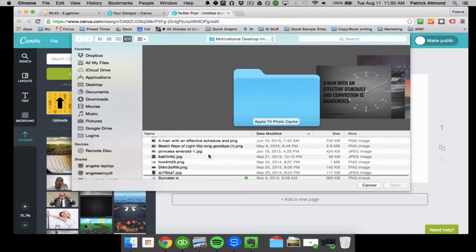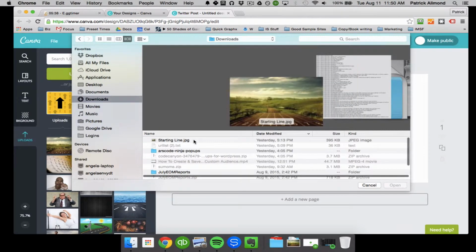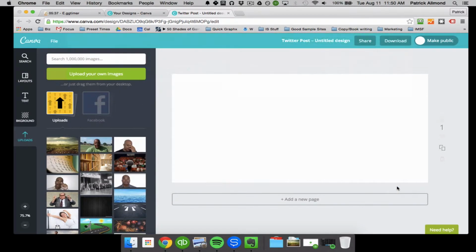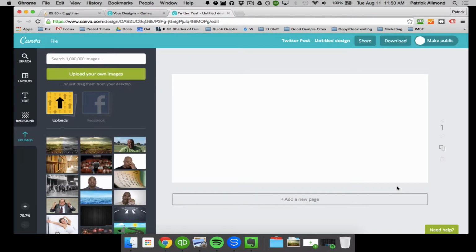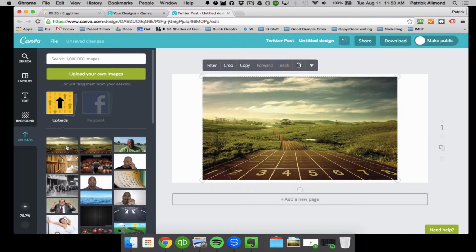I go to my download area on my laptop, and I will pick this starting line image, which I've found on the internet. It will put it over here in my downloads area, and of course notice I've other downloads and uploads I've used before, so I have a whole library that I can reuse if I want to. I click on that one right now, and I immediately see that it's not within the dimensions